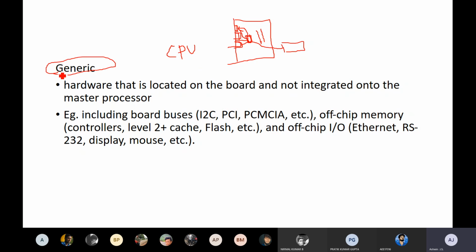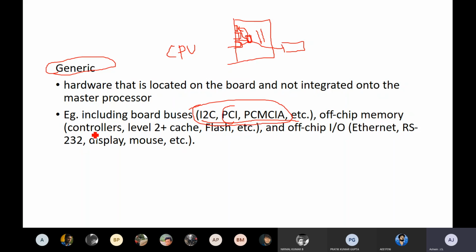All computers may have these common ports. The internet ports will be there, and here they gave some examples: the buses, including I2C, PCI, and PCM. These are nothing but communication buses. PCI is the parallel communication interface. Likewise, we have a lot of buses as well as off-chip memory.